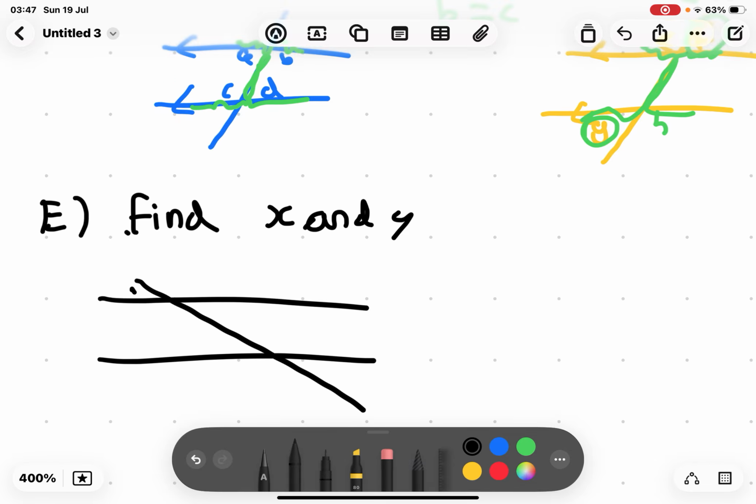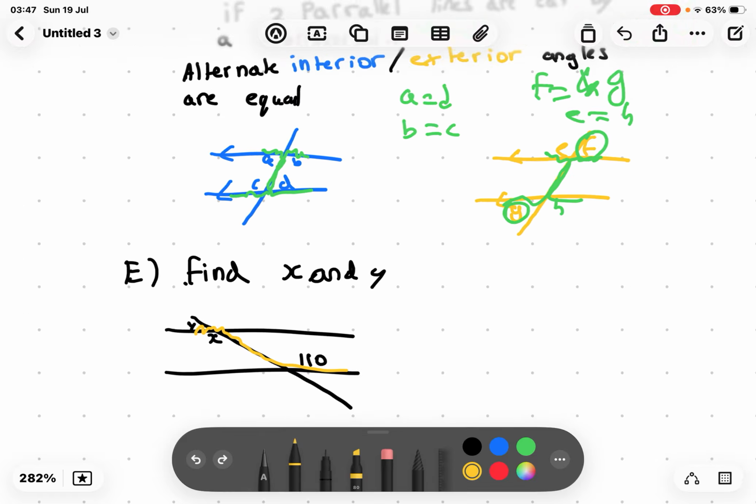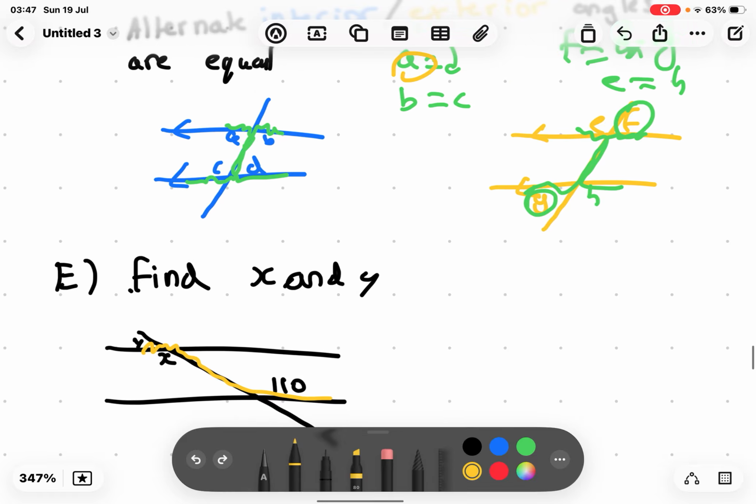So Y is here, X is here, and there's 110 here. Well, from this we can already tell that, again, if we use our Z method, we will see that these two are parallel. Like A, so look, A and D,